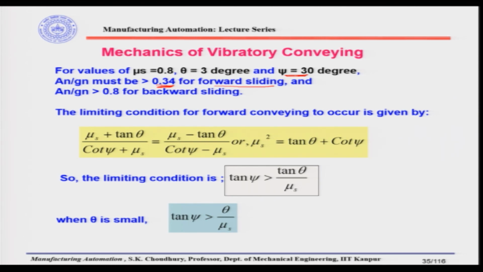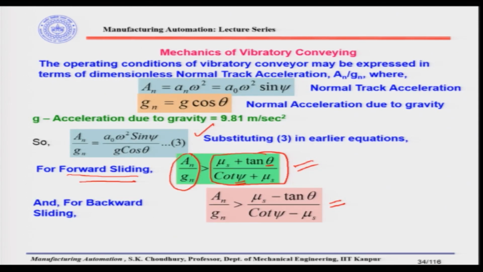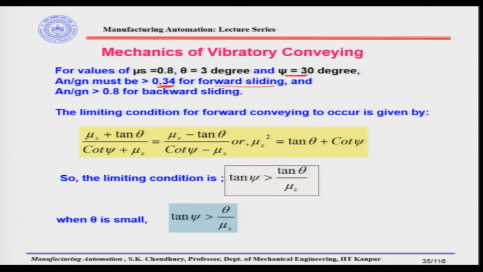Now, once we have these two, that means (mu_s + tan theta) divided by (cot psi + mu_s) is for the forward movement and this one is for the backward movement. So, if we equalize them, this will be the limiting condition for forward conveying to occur. What does it mean? This is the condition at which the part will just start going forward, it is in the limiting position. So, if we solve this equation, you will get